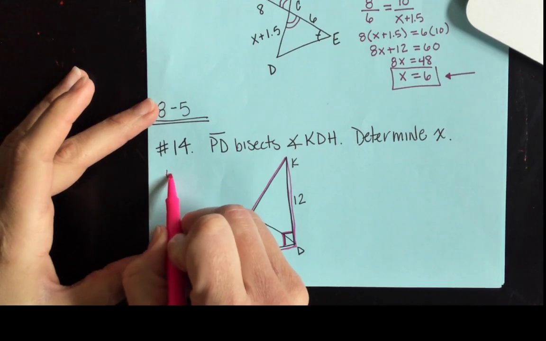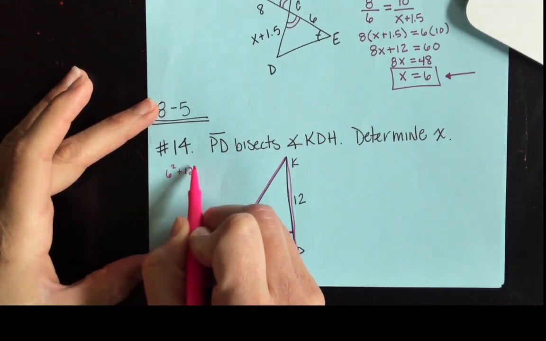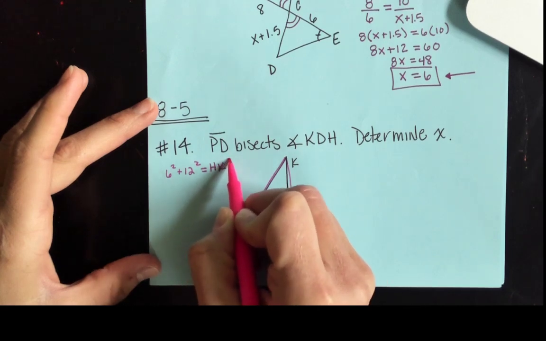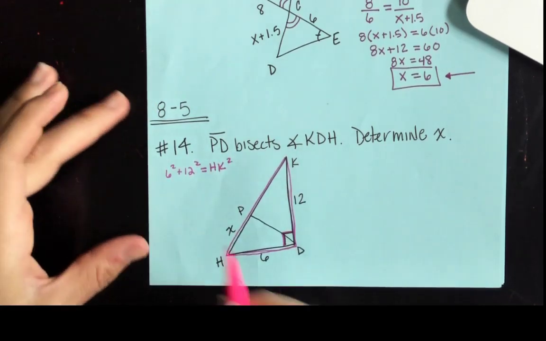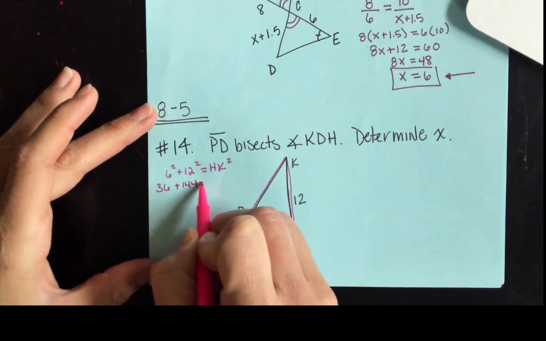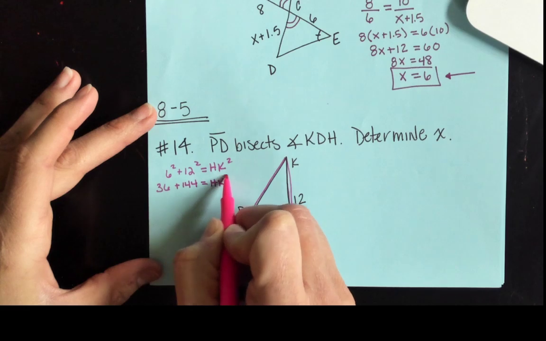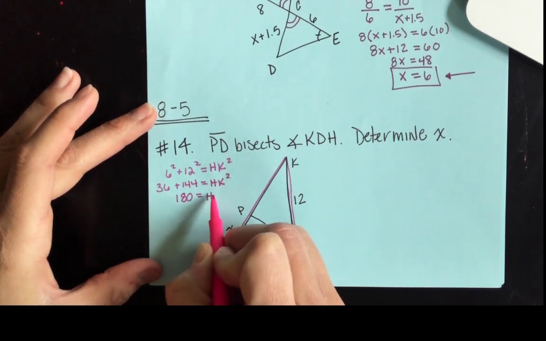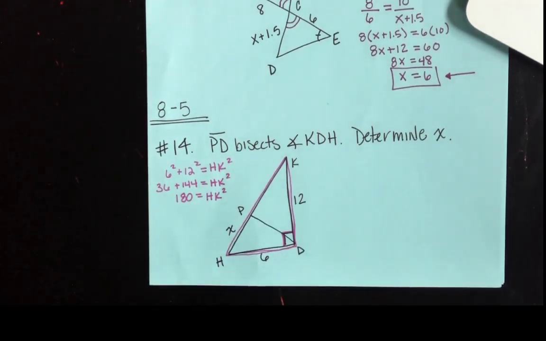So we do have 6 squared plus 12 squared equals HK squared. So 36 plus 144 is going to equal HK squared, which means when I add them together, I end up with 180. Now we have to take the square root